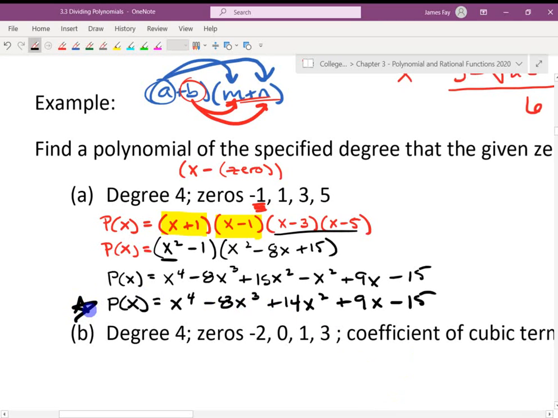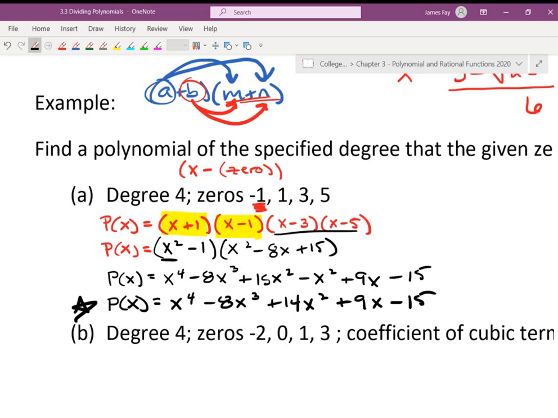And that then, when I combine like terms, is my polynomial P of x that has degree 4, right? Seeing that, and it was generated by using those zeros. If you were to graph that, it's going to go through those zeros. It's going to be the same exact thing if you were to graph the original red one up there. I have x plus 1 times x minus 1 times x minus 3 times x minus 5. Okay? But there are a lot of other polynomials that go through